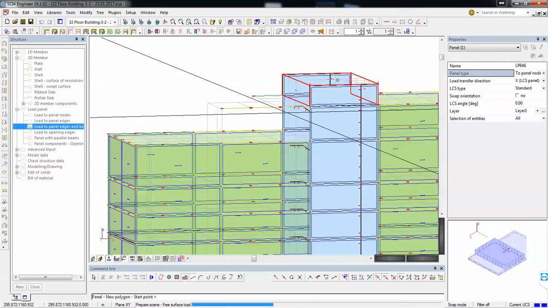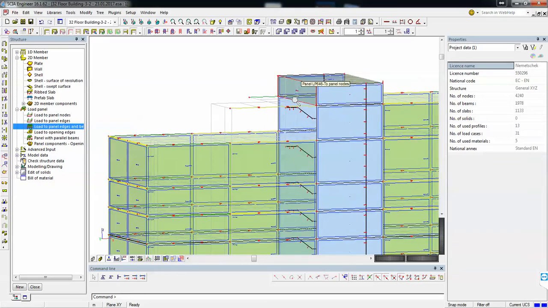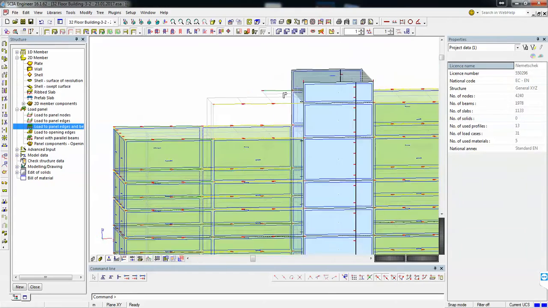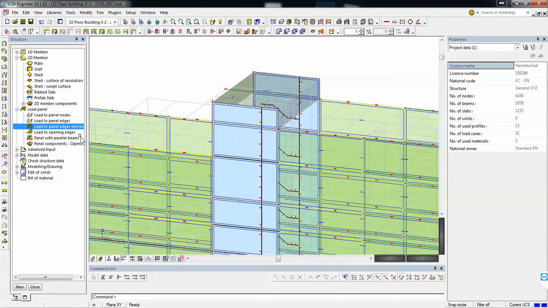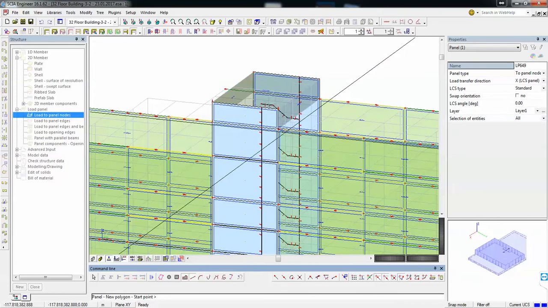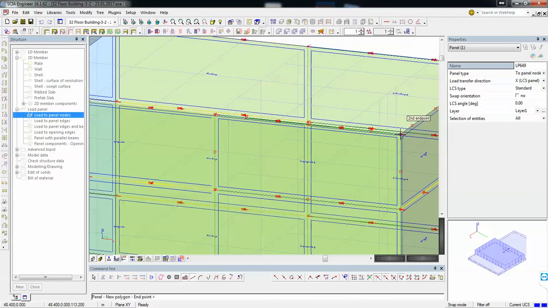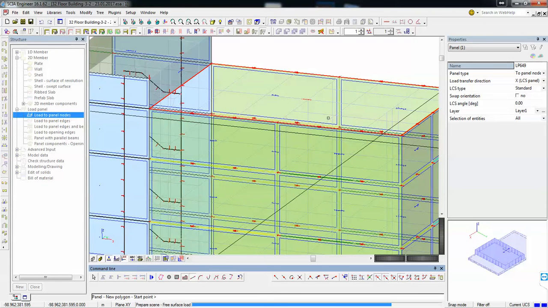Okay. And then we have these sides. But I recommend for all to transfer in both directions.